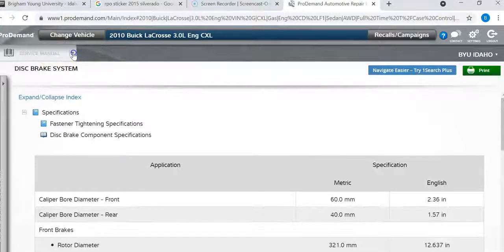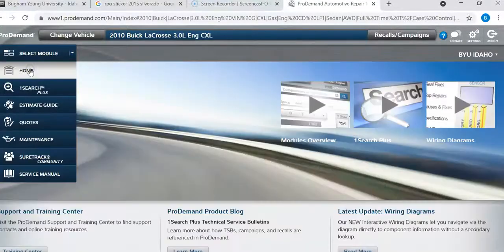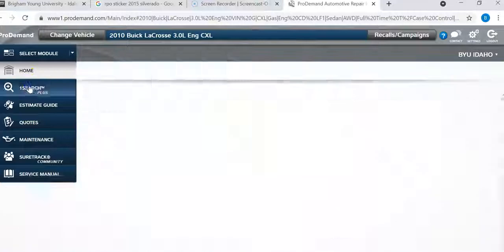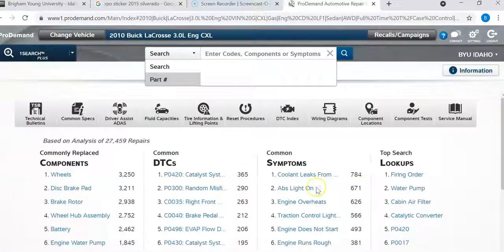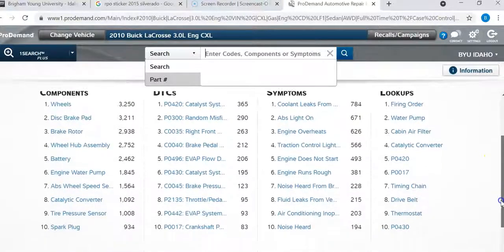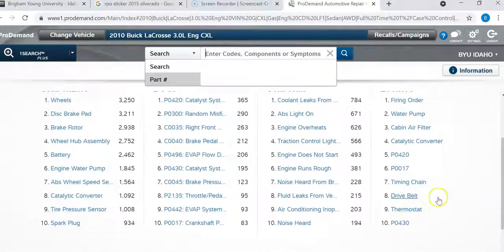I'm going to go back to home. Actually, I probably should have gone to first search because that brings me back to this page here. While I'm here, look at this. Here's some common DTCs with this vehicle. It'll take you to some links to help you diagnose. Here's the firing order for the engine. What else we got? Thermostat, drive belt stuff. Anyhow,